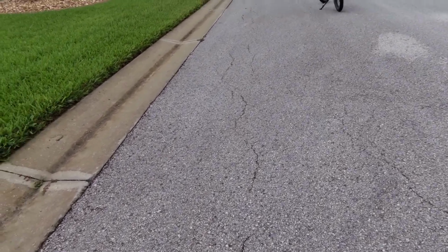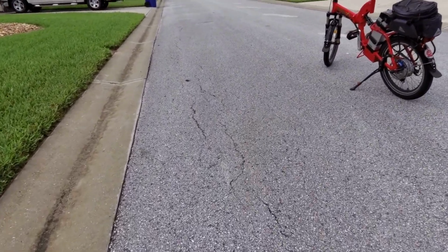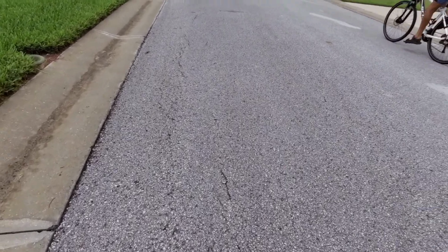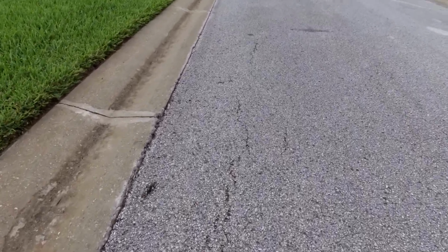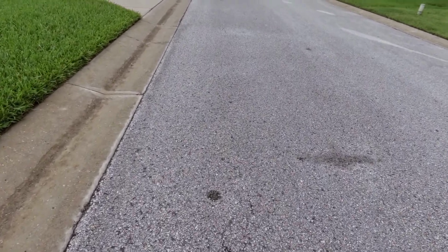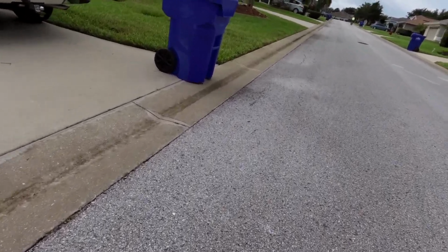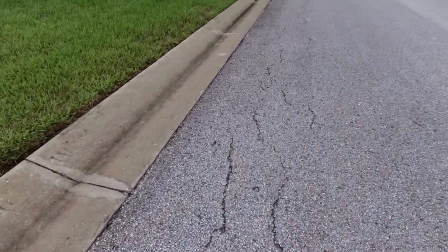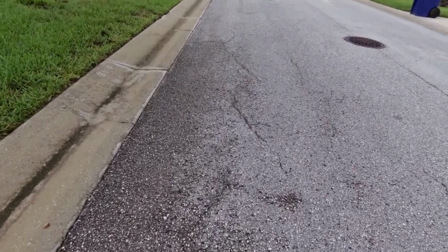This is Indian Ocean Loop. As you can see here, there's some lateral cracking and some indication of some structural damage starting. Hard to see on the camera, but you can see in person here some waviness and so on. In general, the street is not too bad, but as you go from spot to spot, you can see a significant amount of lateral cracking. I believe there's possibly a few spots here that are going to need some structural repair,